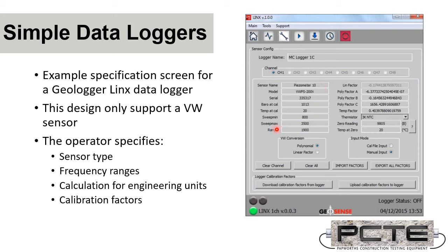He also gives it the operation parameters for that sensor, which means which frequencies it needs to measure through to catch the operating frequency range of the vibrating wire sensor. It's because most vibrating wire sensors also include a temperature sensor. The user has specified the kind of temperature sensor. He's also given it a 0 reading, which is